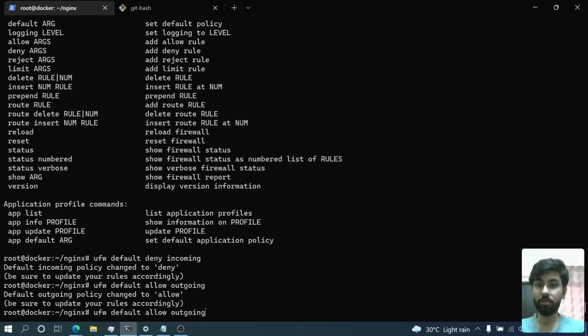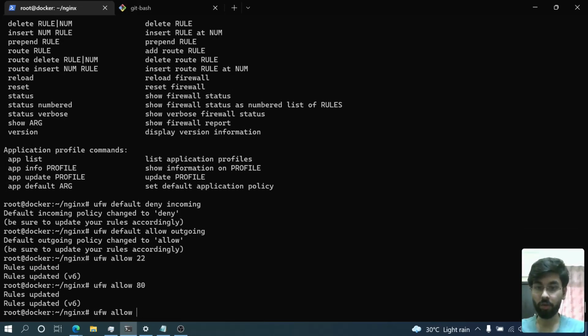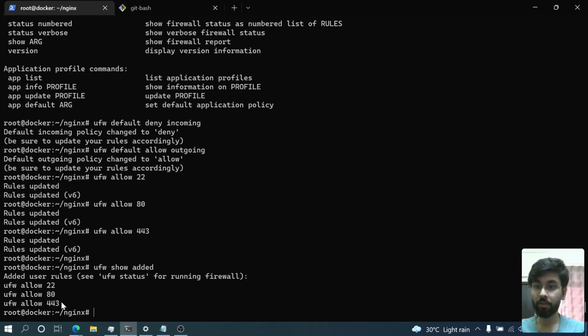And let's try adding some specific ports, right? So ufw allow for SSH I'll need 22, for HTTP I'll need 80, and for HTTPS I'll need 443. So now if I do ufw show added, you can see that these 3 rules were added. And now if I want to enable it, I can do ufw enable,